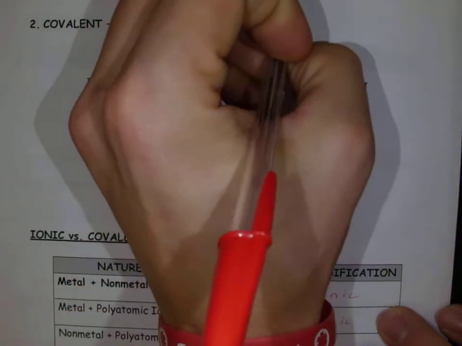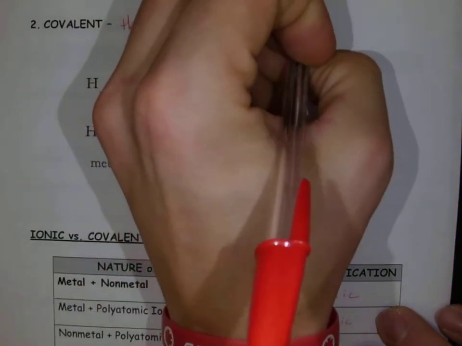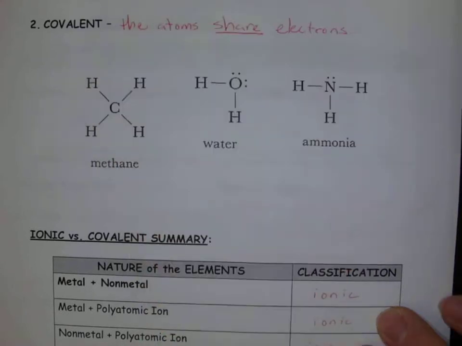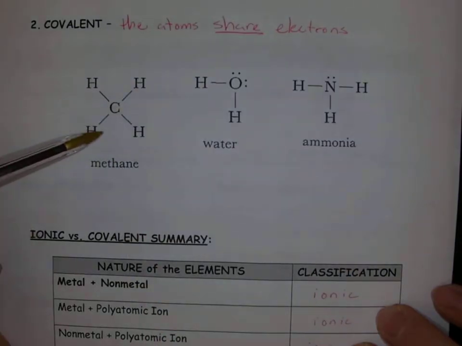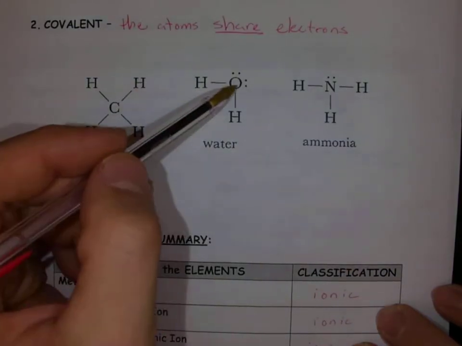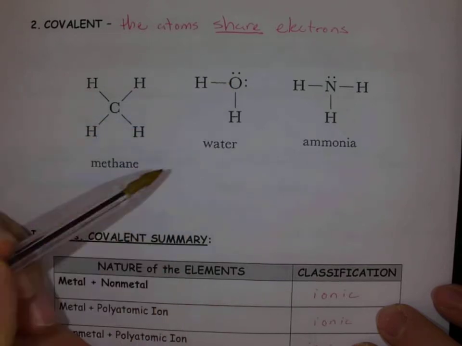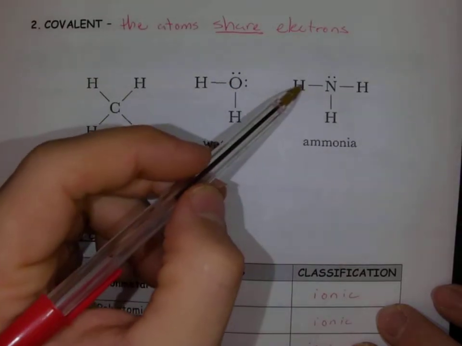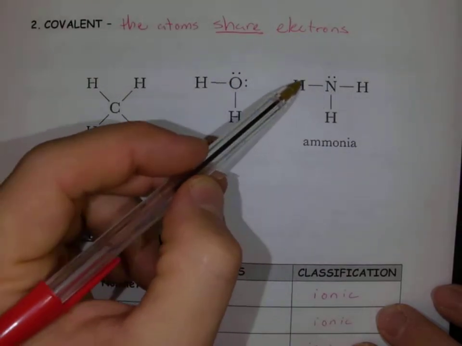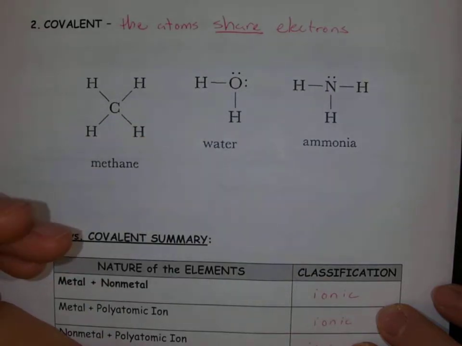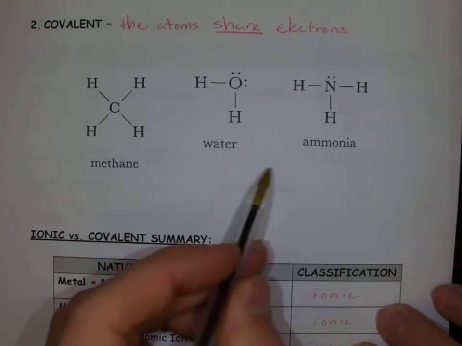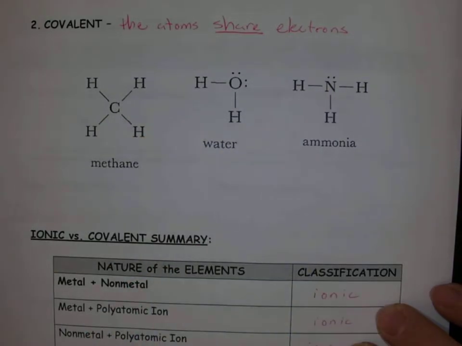the electrons. They share the electrons. So in this case, what we're showing is that carbon and hydrogen are sharing some electrons. Oxygen and hydrogen are sharing electrons in water. In ammonia, hydrogen and nitrogen are sharing electrons. So what we're going to try and do is illustrate that they are sharing these